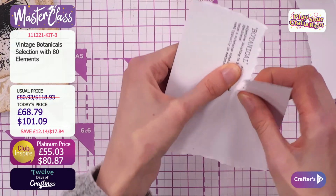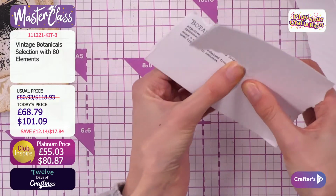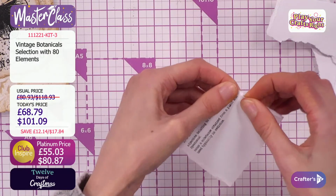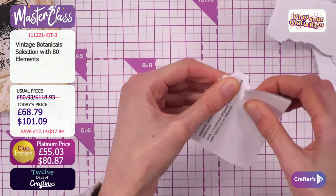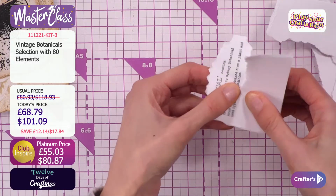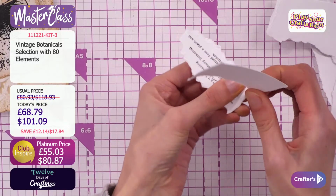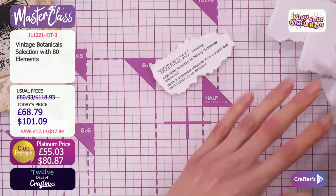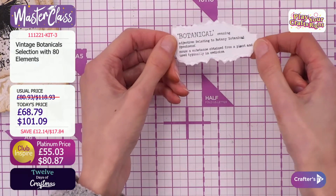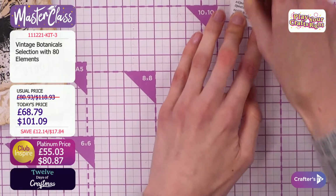So like I said earlier, this mixed media is just all about having a play. At the end of the day, it's a piece of cardstock. And don't get too precious about it. There's usually a way that we can save it, but if not, we can always just start again, which is not a problem at all. So I've got quite close to that, so I'm just going to pull away a little bit and keep ripping all the way around. So that was really easy to create, but it just gives us that slightly different point of difference onto there, so it's not all straight edges, and it gives us that really nice organic feel